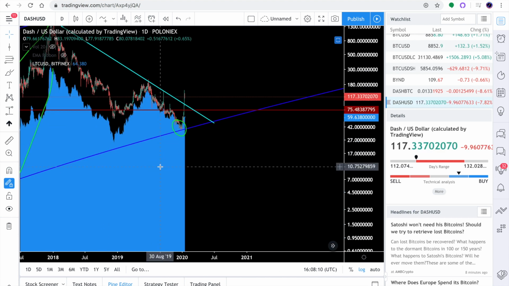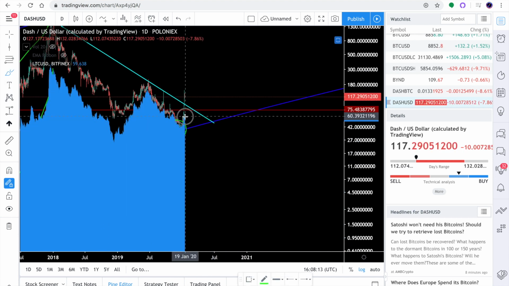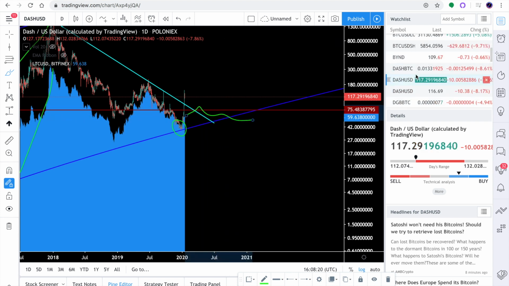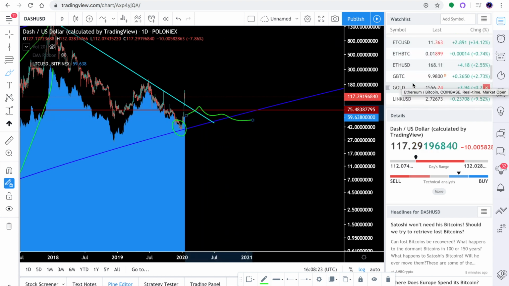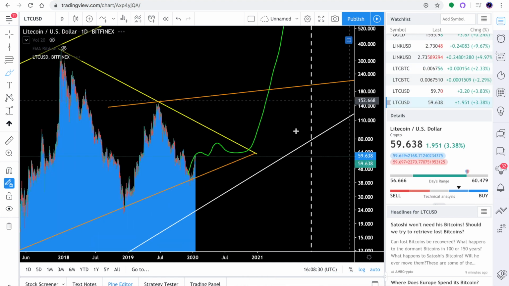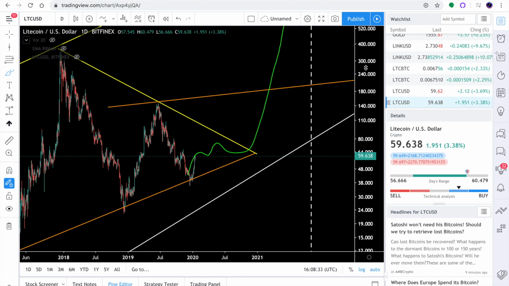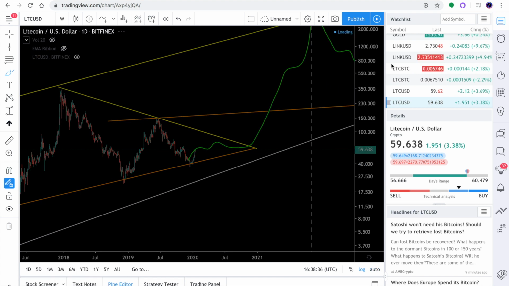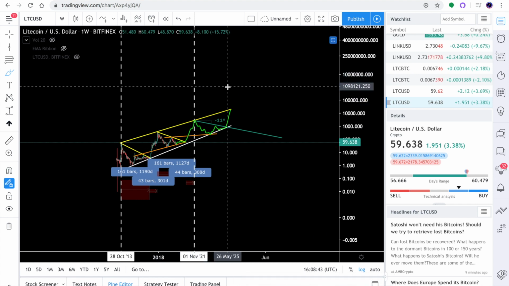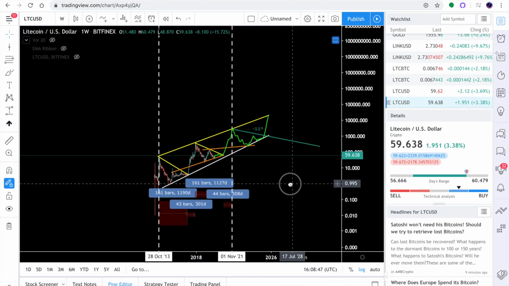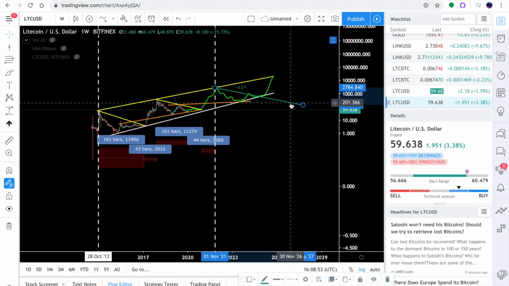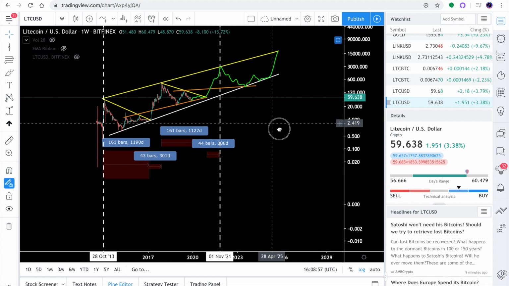And if Litecoin does decide to go sideways this year, maybe it pumps to 80, maybe it pumps to 100, comes back down, moves sideways. We'll take a look at the Litecoin chart real quick. We'll look at the Bitfinex one. So we'll close that. So you guys can see that Litecoin looks really, well, you guys are not supposed to see this long-term charting, but